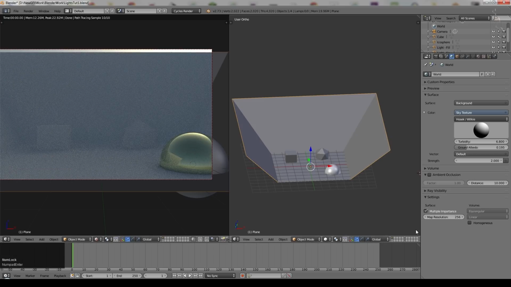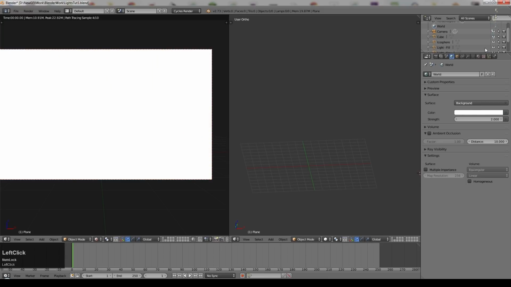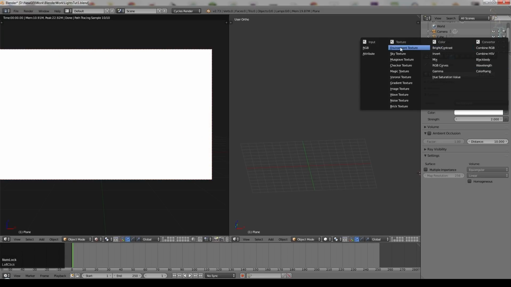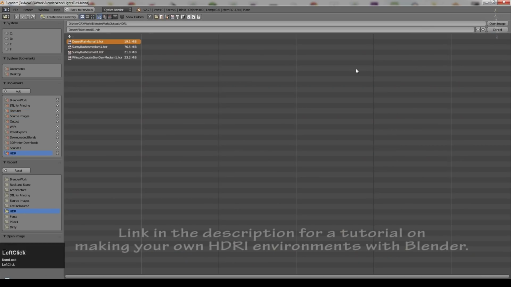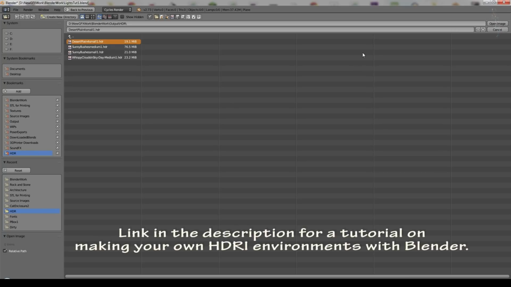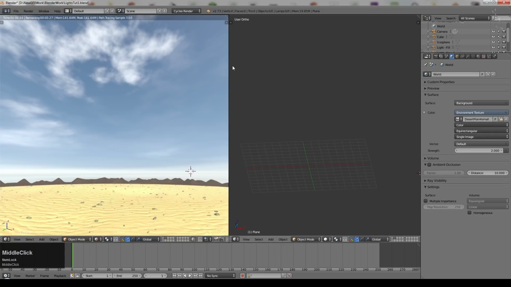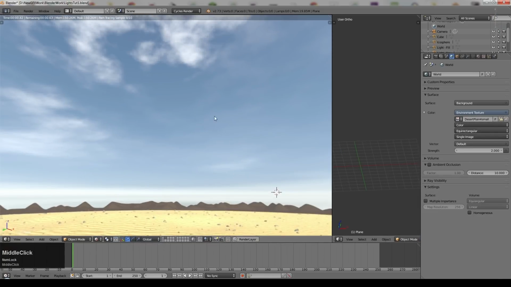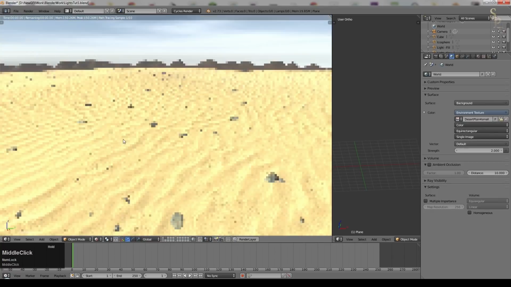Normally, certainly if you're using an HDRI, you do want to use multiple importance sample, as I'll show you now. So I'll turn that off, and we'll go to a new layer just so that you can see the sky. And I'm going to just remove that sky texture. Now I'm going to select environment texture, and we'll go to HDRIs, and this is one that I've actually created myself with Blender, and there are websites you can go to download them. If we have a look around this, you can see it's rendering very quickly because although this looks like a 3D scene, it is actually just an environment.